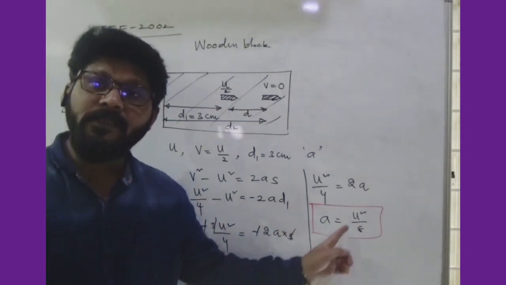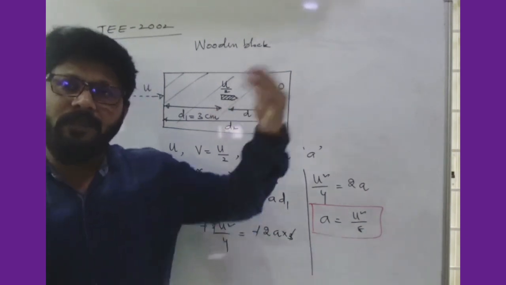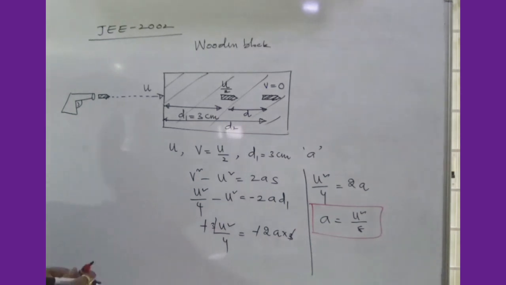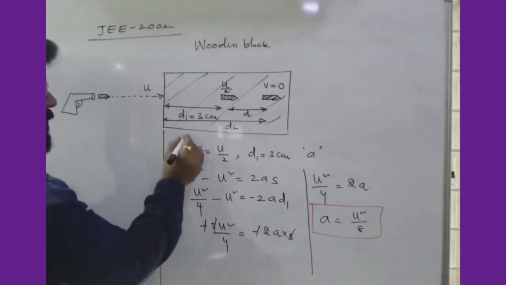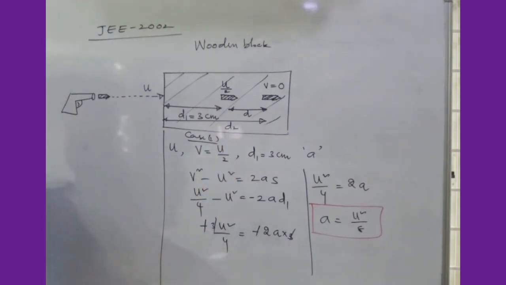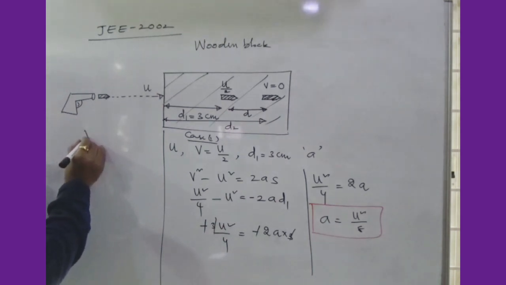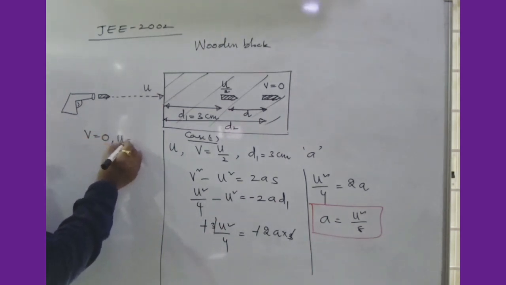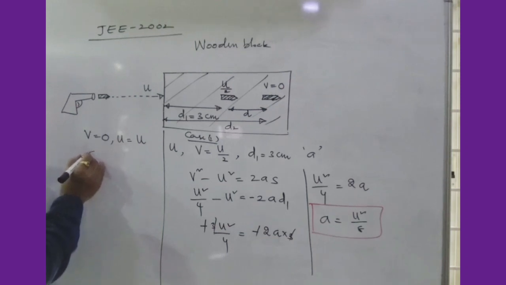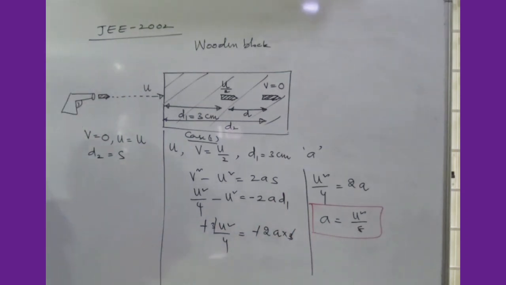That means we are getting acceleration in terms of velocity. So it is projected with initial velocity u, then further distance. Now, further distance, this is taken to be case 1. Case 2: when we take case 2, final velocity is equal to 0, initial velocity is equal to u, and d2 is the distance, right? And already we have acceleration a is equal to how much? U square by 8, that you can directly apply there.